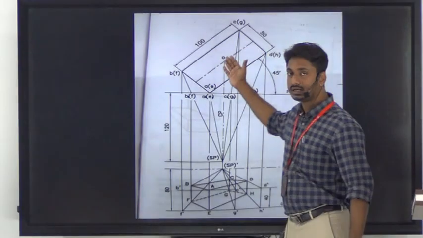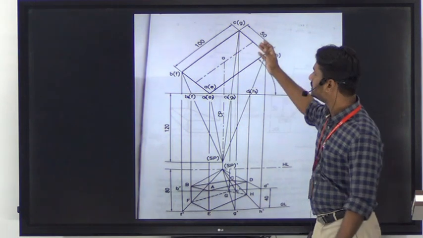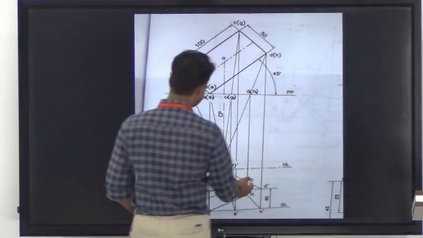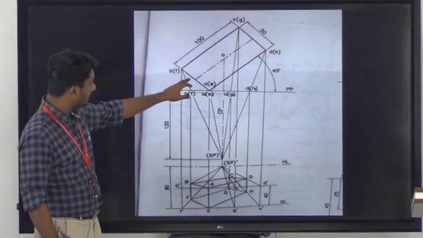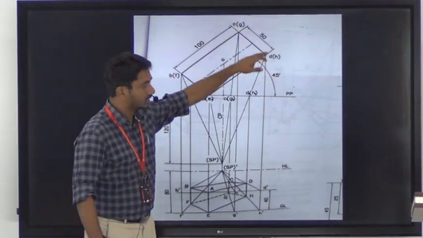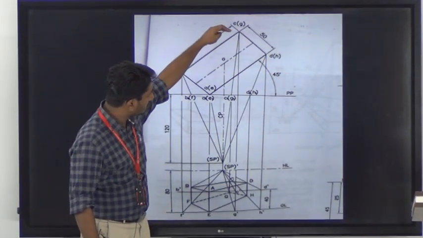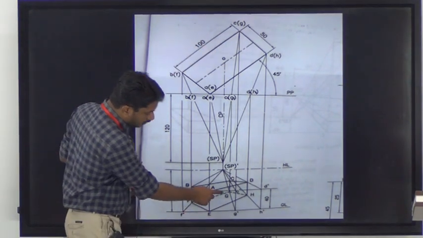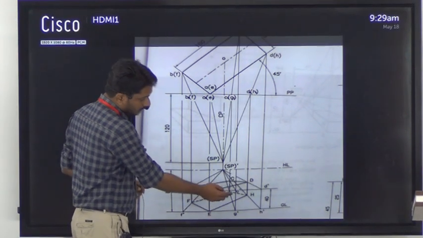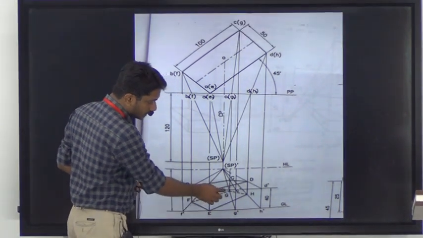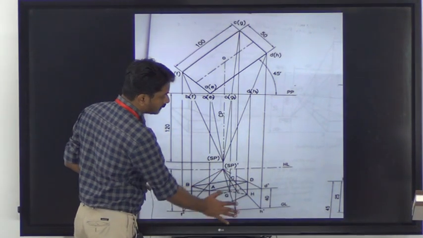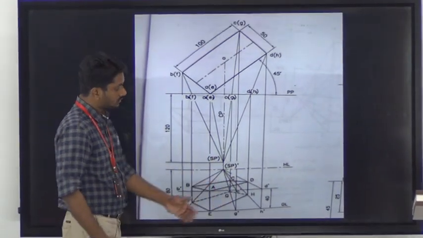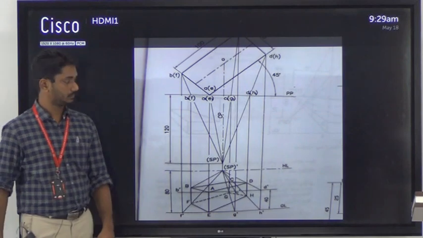So this problem I have taken from the Engineering Graphics by P.A. Varghese, and this is the final figure given in the textbook. So here also you can see that the bottom coordinates are named as E, F, G and H, and in this figure we can clearly see that point G will be the invisible point. So the point G, or the lines connecting the point G with the other points, are marked as dotted lines, and all other lines are marked as visible lines. So this is the final perspective view. Okay.